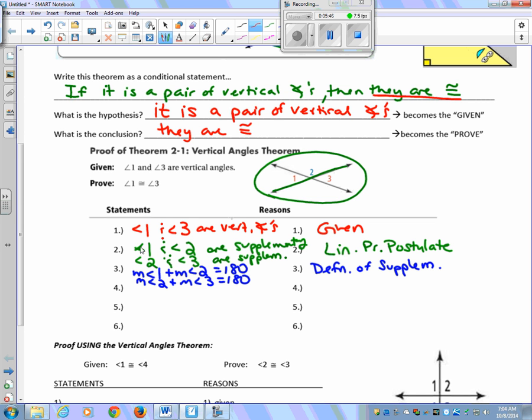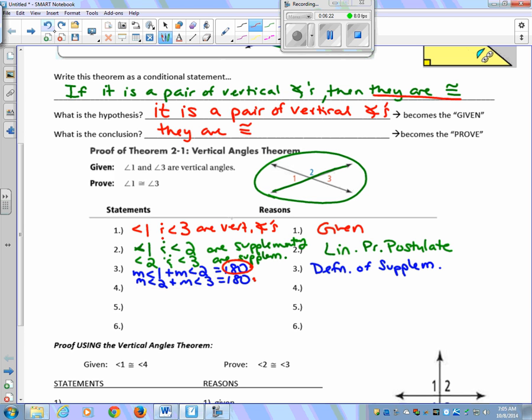Now, since I have the measure of angle 1 plus the measure of angle 2 is 180, and the measure of angle 2 plus the measure of angle 3 is 180, since they're both equal to the same amount, what I can do is take 180 and take it out of this equation and replace it with this. Since 180 is exactly equal to the measure of angle 2 plus the measure of angle 3,